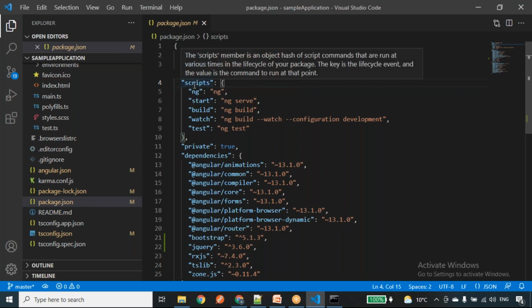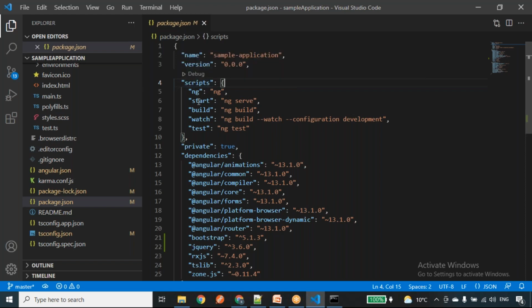For example, inside the scripts I have start, so it will take this command. Even though, like I told you, both are the same. If I run npm run start, from package.json it comes to the scripts and checks for the equivalent text for this particular npm run start. So it will execute this ng serve.